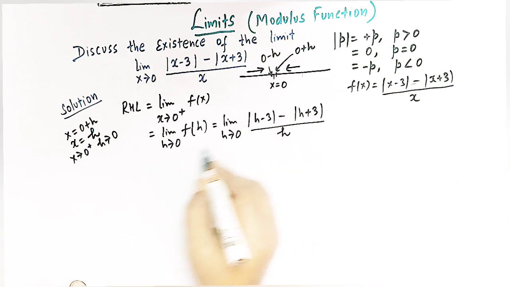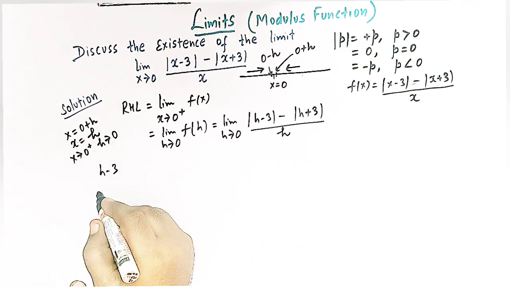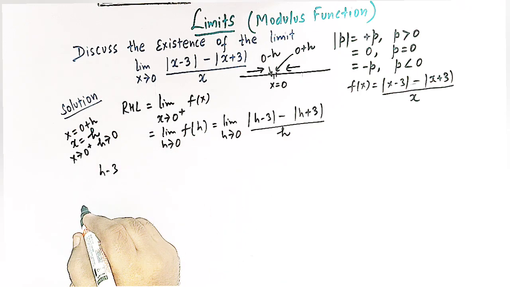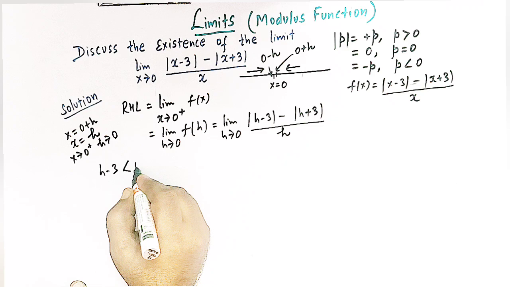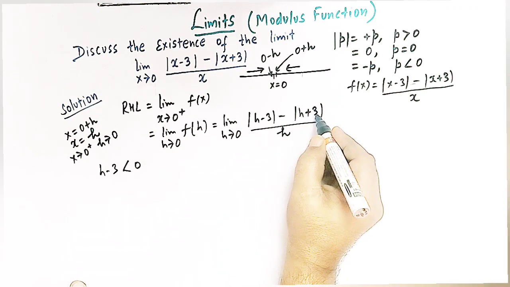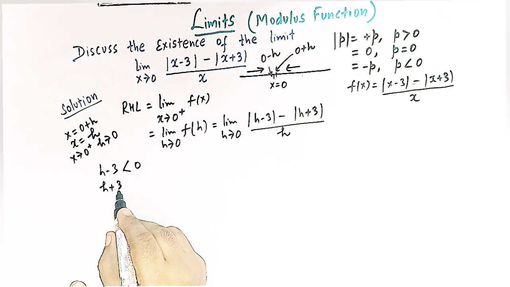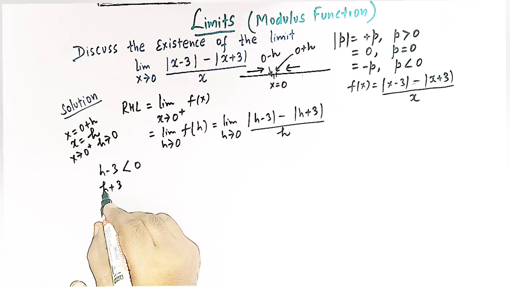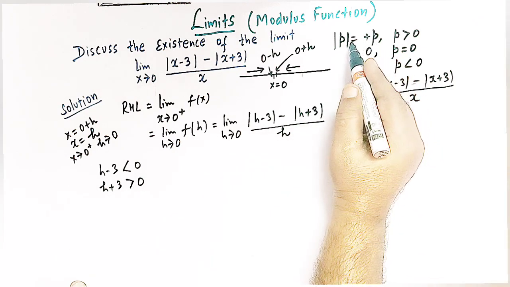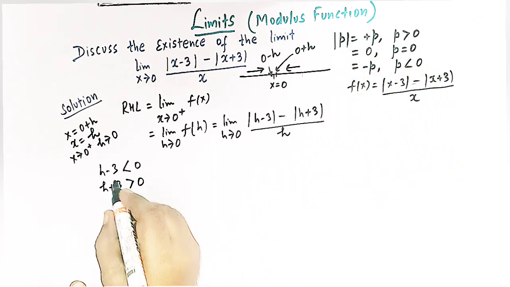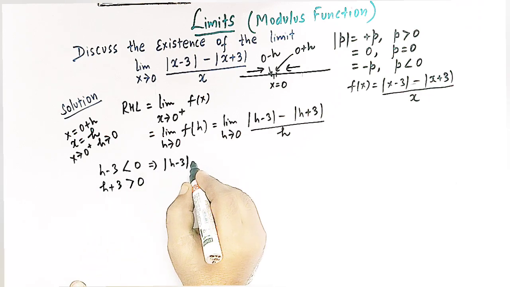Now see, h minus 3. Since h lies between 0 and 1 and h is infinitesimally very small, h minus 3 is going to be less than 0, right? And h plus 3: h is a positive quantity and 3 is also a positive quantity, so h plus 3 should be greater than 0. So from the definition of mod function, now we can write